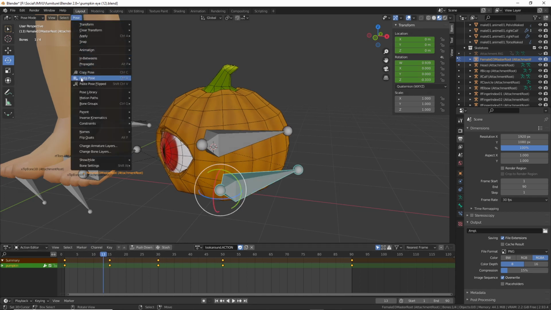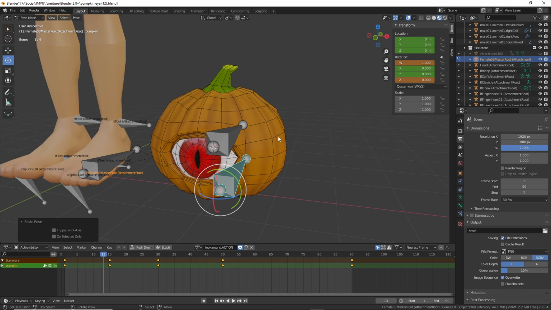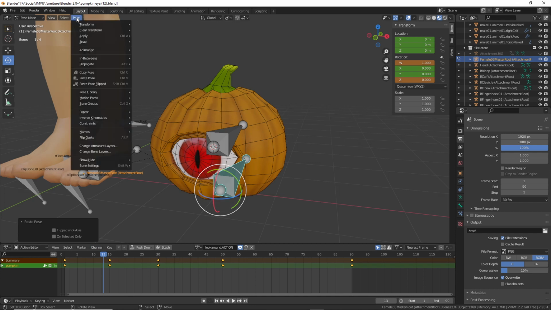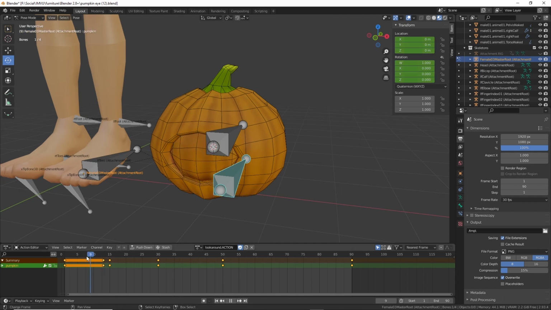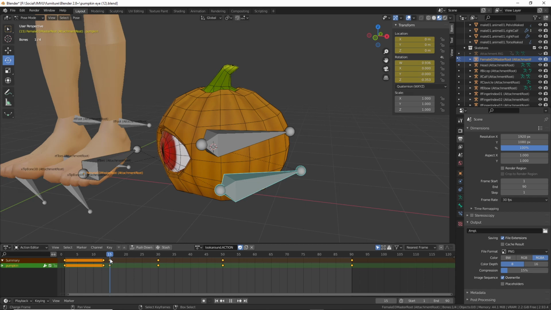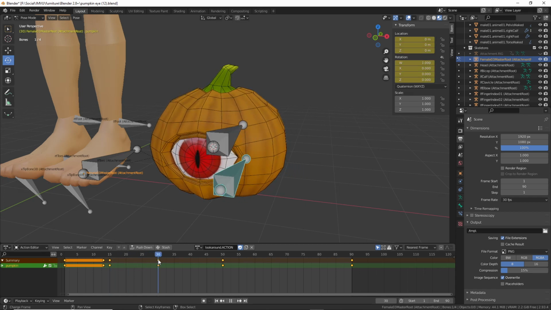So let's do that again. But we now need to make sure that we insert this change. So press the I key, or again, pose, animation, insert keyframe. So the shortcut there is the letter I. And it'll give us this pop-up insert keyframe menu, location, rotation. So now the character stays put and then quickly swings to the left or its right, then slowly back,